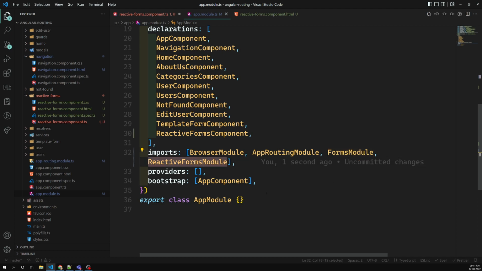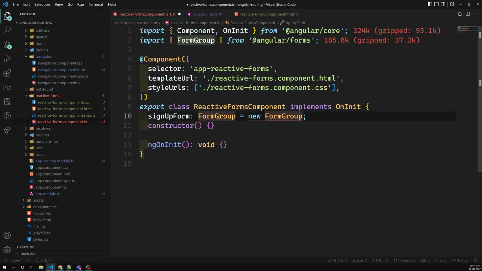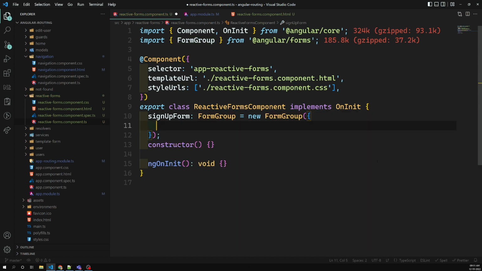So the reactive forms module is a different module. When you are trying to use reactive forms, you must import it. Now that you have done that, you have created a new form group, and in this one, let's try to create an object. New form group takes an object,